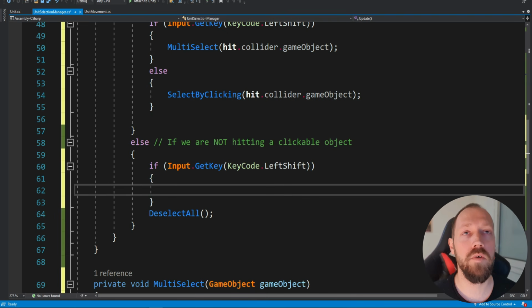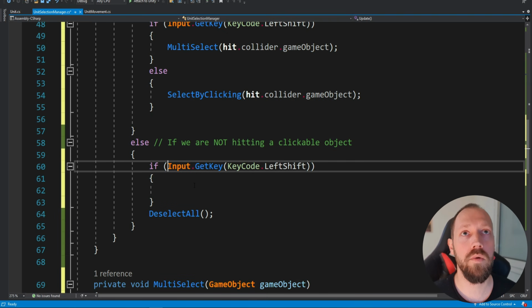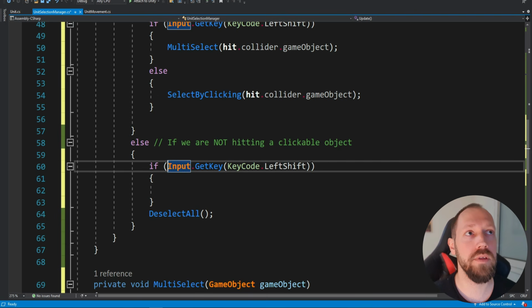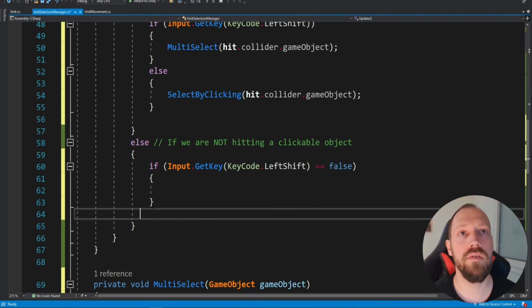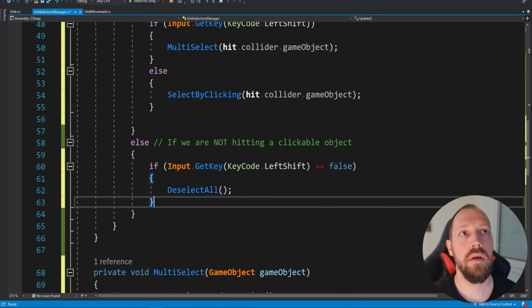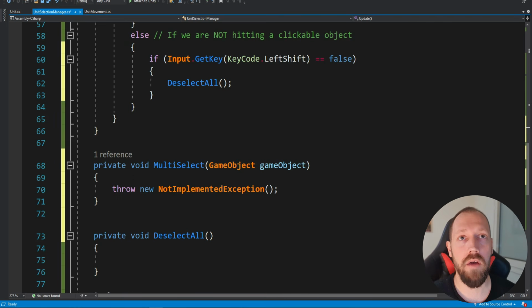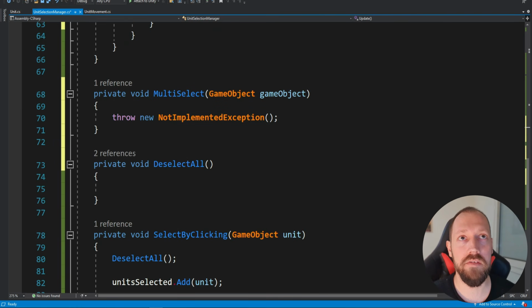But this time it's going to be if it's false. So we're going to add this exclamation mark over here, or you can simply do if it's false. Then we're going to deselect. Now, before we create this multi-select method that we have over here, we are going to create this deselect all